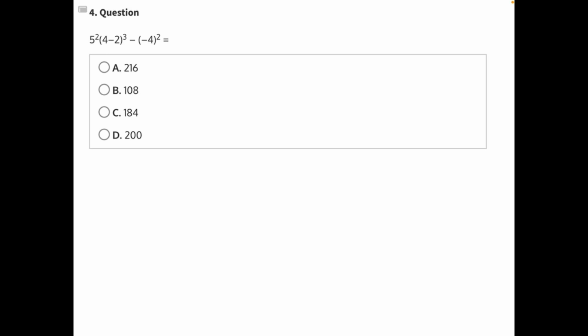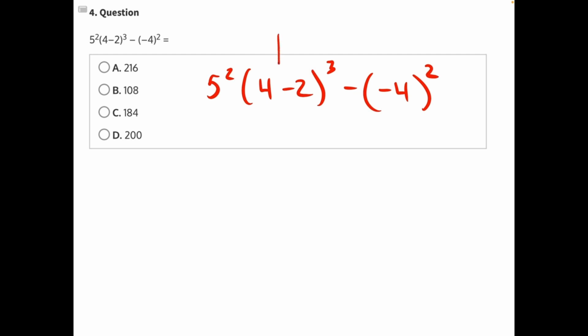To solve this expression, we need to take it through our order of operations, or our PEMDAS, starting with P, parentheses. The only set of parentheses we need to resolve is this set right here. 4 minus 2 will give us 2, so we can rewrite this as 5 squared times 2 cubed minus negative